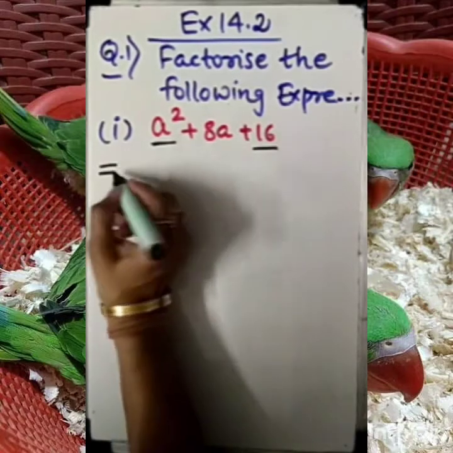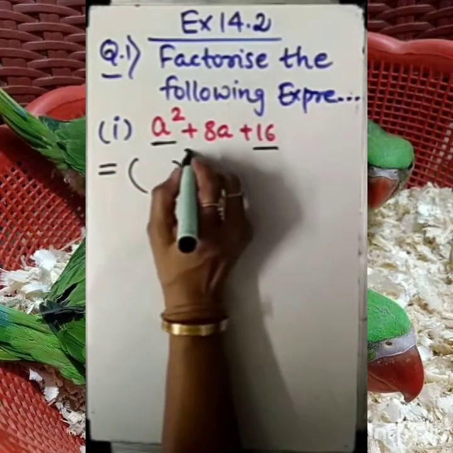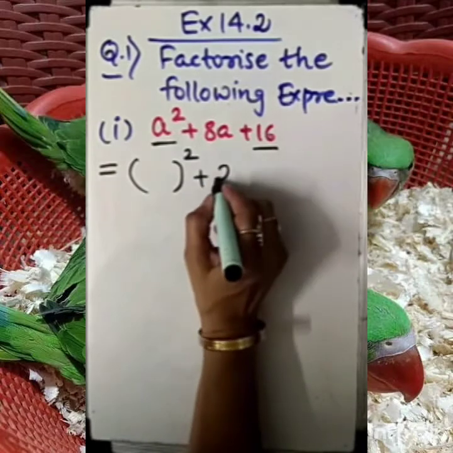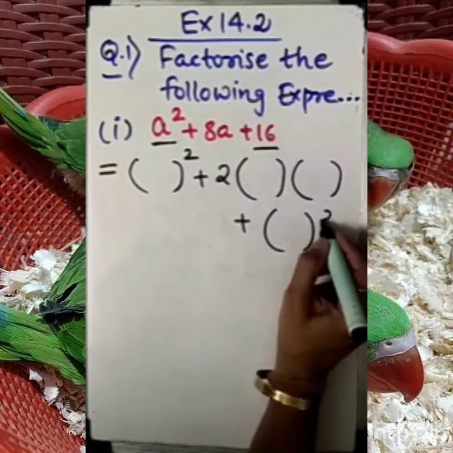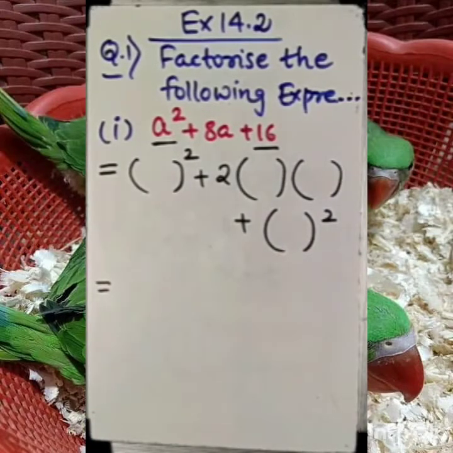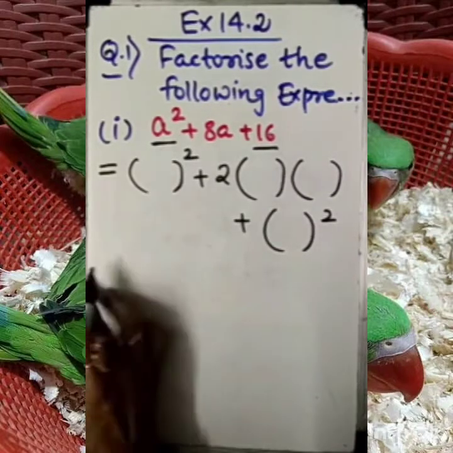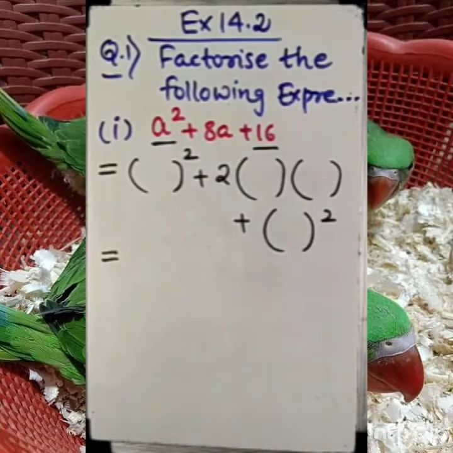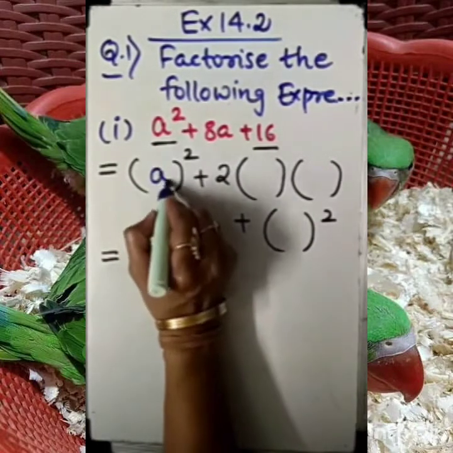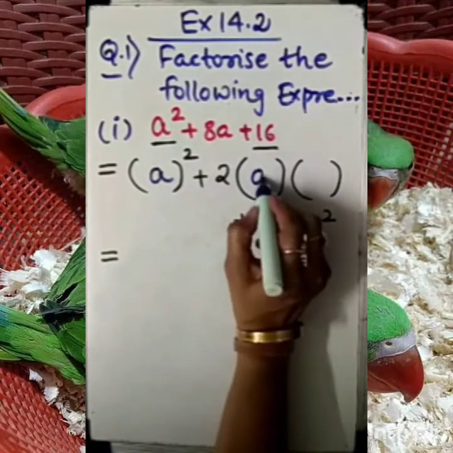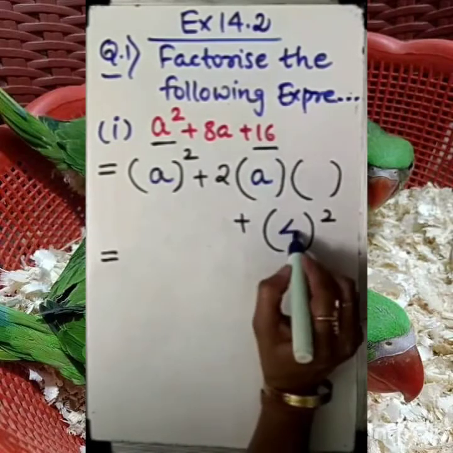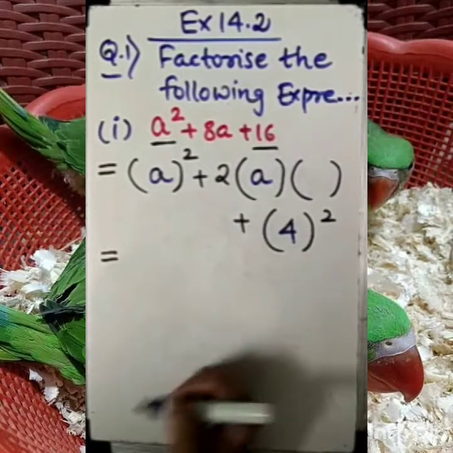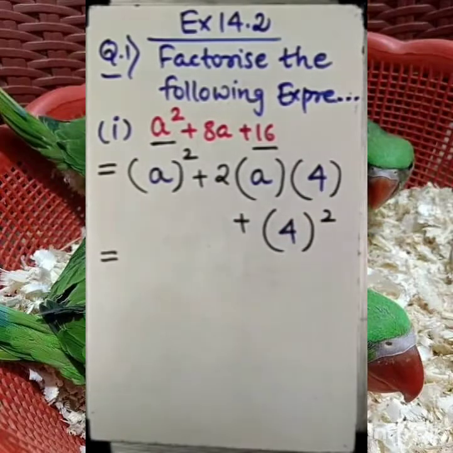So, my dear student, we need to mention here the first identity, a square plus 2ab plus b square. Keep this in mind. A square plus 2ab plus b square. Now, what is a here? The first term is a square, and a is the square root of a square. So the first term is a. Same I am writing here, first term. What is the last term? It is a square of 4. So, I need to mention it is 4. That is b. And here also I need to mention b.